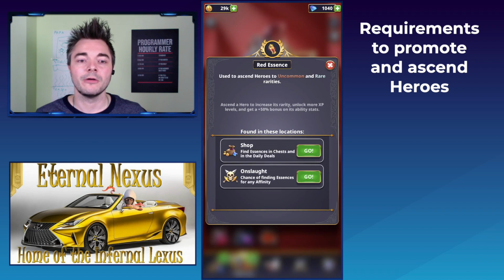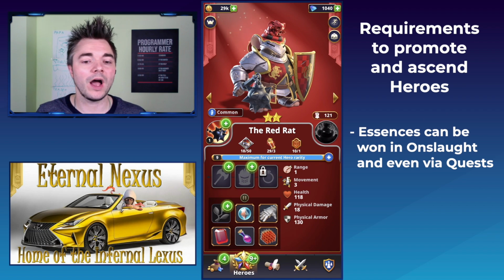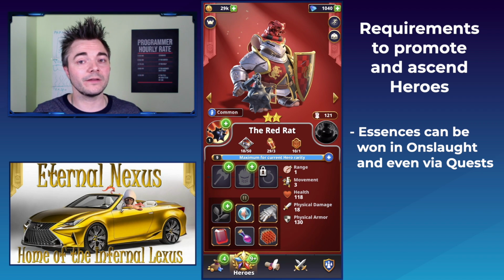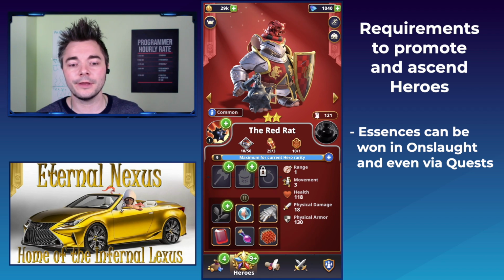Then on top of that, we need some essences. Essences are one of those things that now are relatively easy to get. There are now quests that give you essences simply by playing the game with a team made up only of red units, for example. And then the third thing that you need